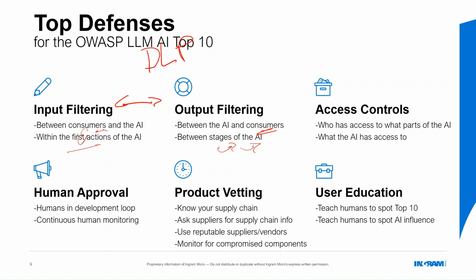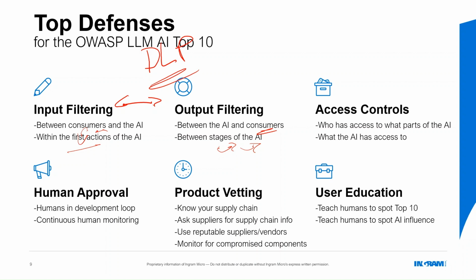But if it's an internal application or you have roaming data, that might be DLP on the endpoint. You want DLP located as close to the bad, as close to what you don't want to get out, as close to that confidential information as possible to stop it from getting out. So this filtering, for your applications of AI, is probably going to be data loss prevention.